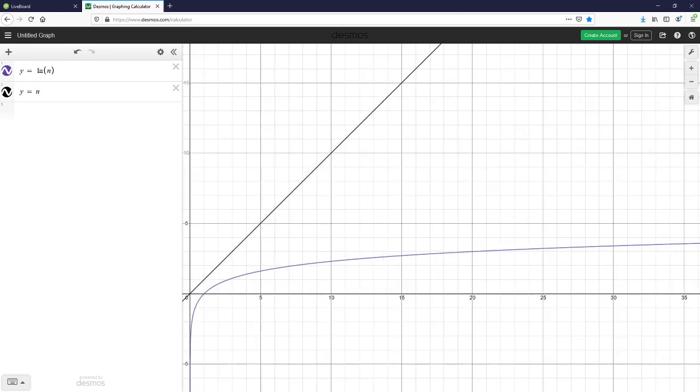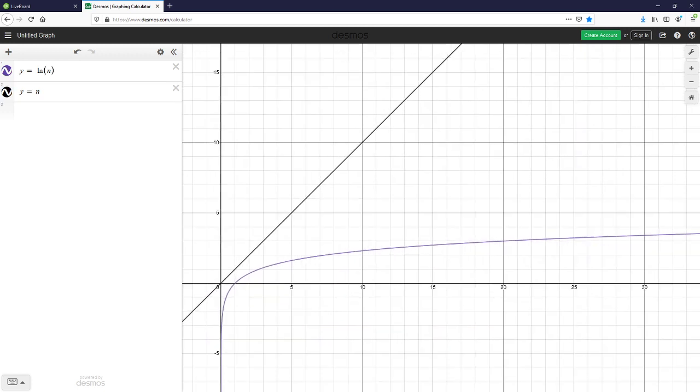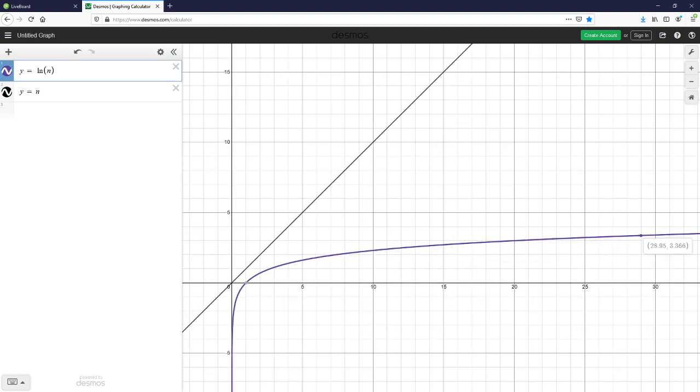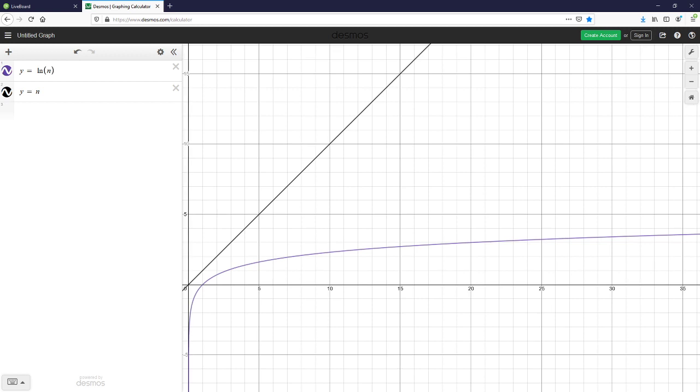So, yes. But you see that n is here. And you see that here, the natural log is clearly just getting murdered by n. It's just getting beat pretty badly. So in terms of computer science, which is the better thing to have your algorithm run in? So basically, if the x-axis or the n-axis here is the number of data elements that gets fed into an algorithm, the y-axis, I can even just write this down maybe.